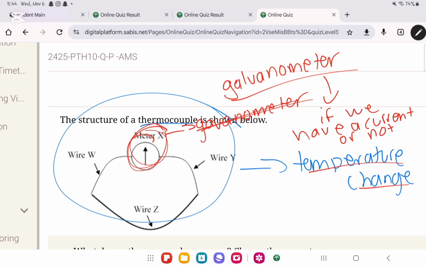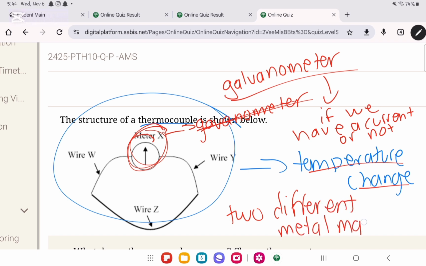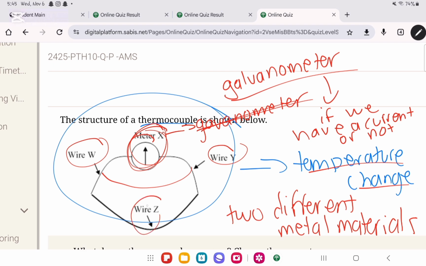So again, I will repeat, or no, I will not repeat, I will add more information. In a thermocouple, we have two different metal materials, okay? So wire W and wire Y are definitely the same because they look the same, whereas wire Z is a different material. So they might give you in the exam, for example, wire Y is copper and wire Z is